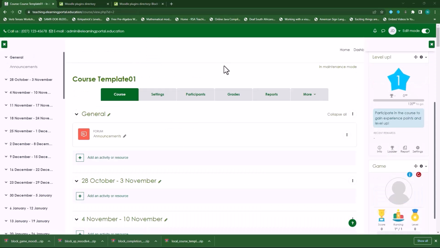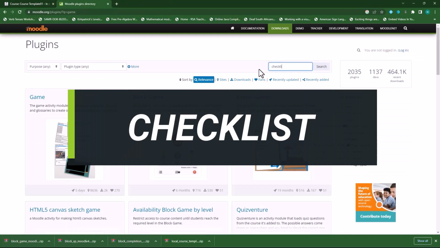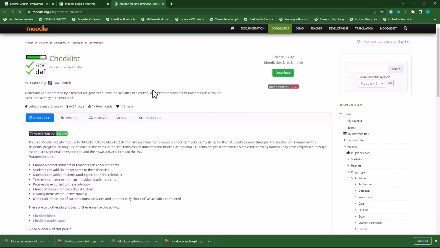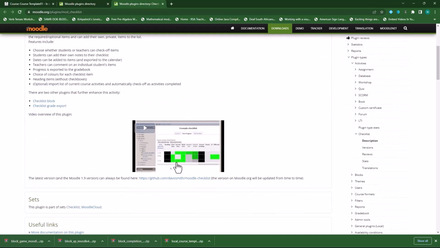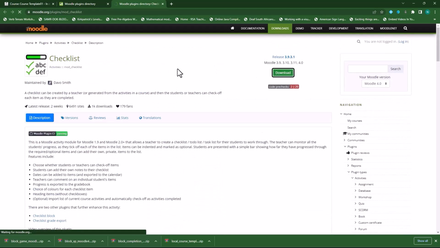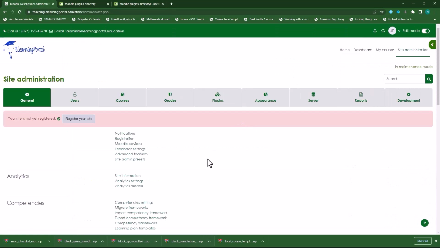Okay, so the next plugin we're going to install is the checklist. So in the search bar, type in checklist. Click on search. And here you'll see there are two. We'll install this one. And this is a module within your course, and this can actually assist you in providing some sort of completion also. It works with the completion tracking, so you can actually see which activities are completed and which are still outstanding. So we'll download that, and then we'll install it by going to Site Administration again, clicking on Plugins, and